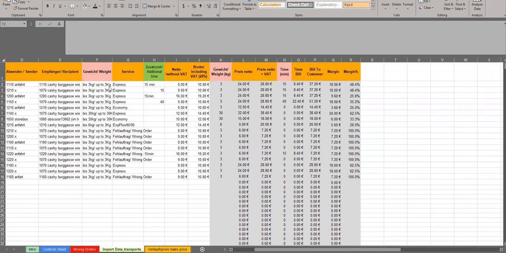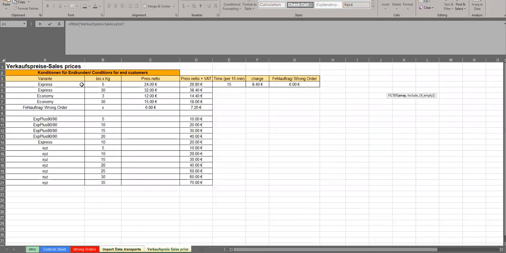So in this next step, we need to extract all the express listings and the weight listing, so then we can further narrow it down to the weight of 3 kg. So how can we do that? First of all, I'll be using the filter function to filter this list with the word express in the first column. I have taken 100 rows so that it can accommodate more entries as well. So we are filtering all of these columns where this column up to 100, the row number should be the same, is equal to